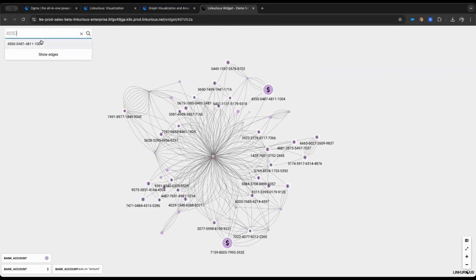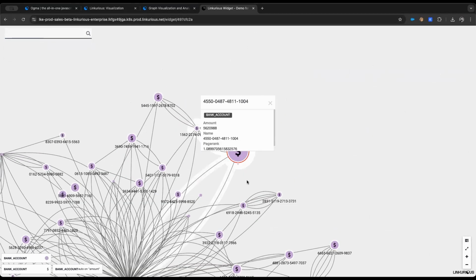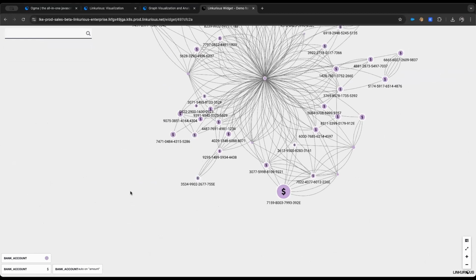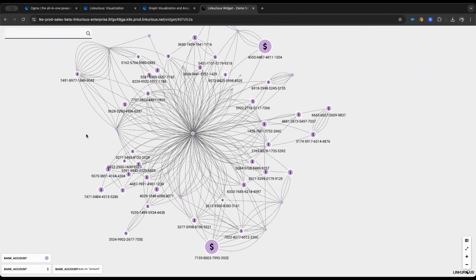So here, if I want to search for a specific node, I have access to it. I also have a legend here that explains what is in this visualization and this kind of tool. So it's very useful, especially if tomorrow you want, I don't know, to share in an intranet visualization with 5,000 people in your company. So you just generate this widget and you frame it into your intranet, and